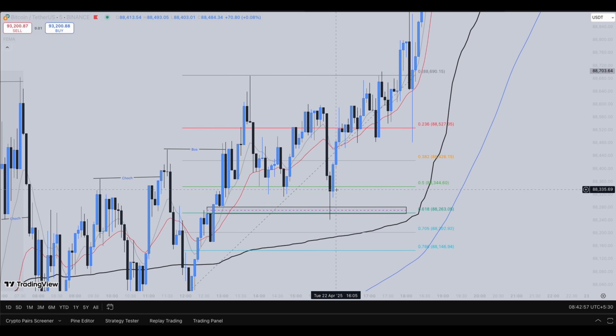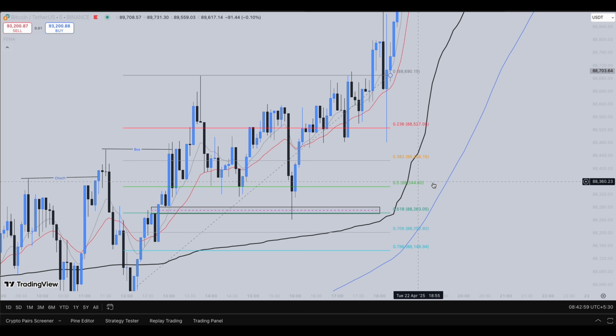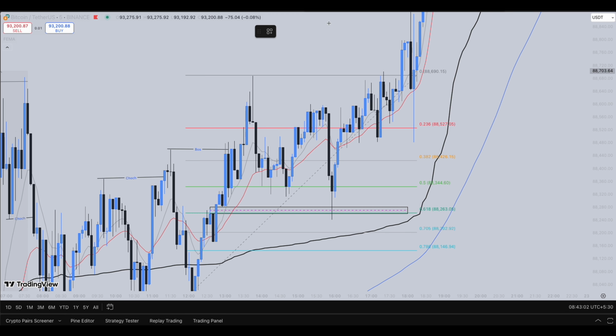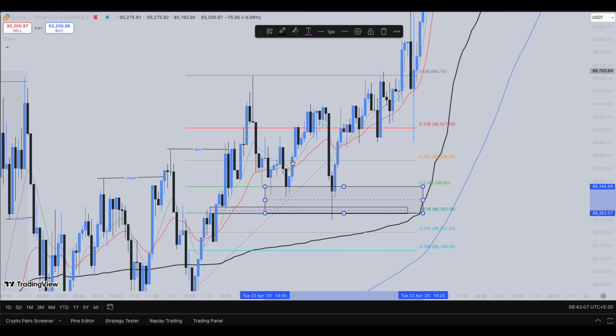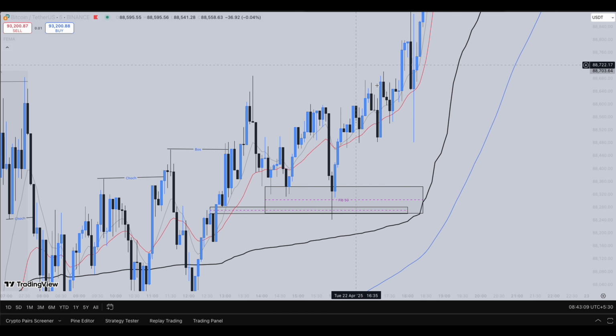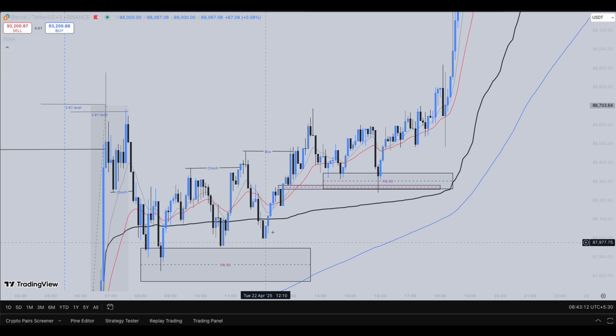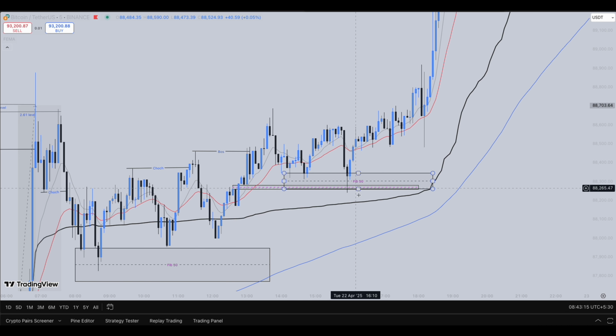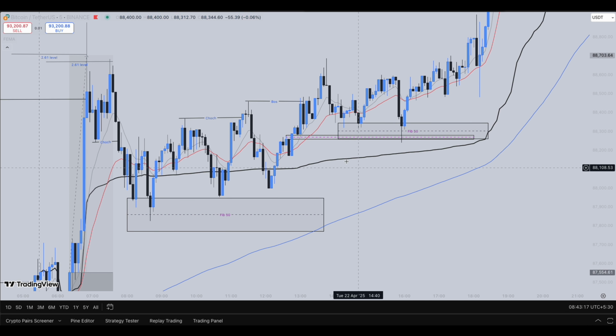So the market came, mitigated this fair value gap, and you can see this kind of rejection candles, guys, as well as the 50 levels here. Both are in confluence, so you could have taken your position either here, guys, at the 50 levels over here. This is where you could have taken your position, or you could have taken your position here. But I think this is better confluence for you to take a long position